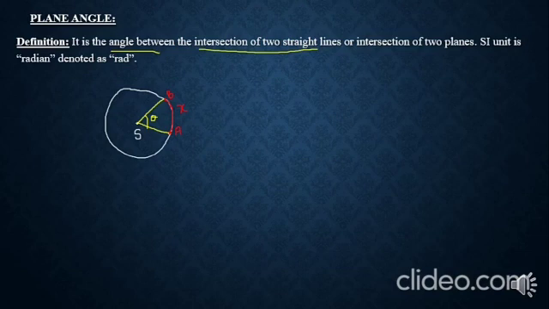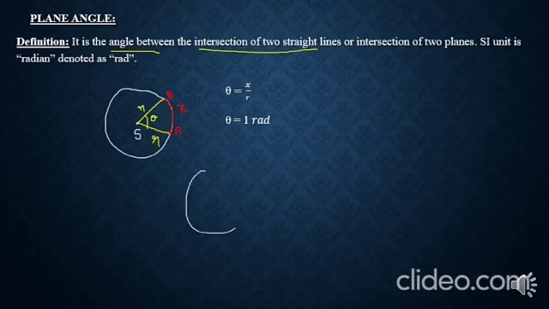So what are these two straight lines going to give me? It is going to give me the radius of the circle r. This is also giving me r, and this is also going to give me r. So in other words, this plane angle can be expressed as theta is equal to x by r. That is the arc length divided by the radius of the circle. So if I take my length of the arc to be 1 and the radius of the circle to be 1, I get theta to be equal to 1 radian. Now what is this radian, and how can we compare between degree and radian?